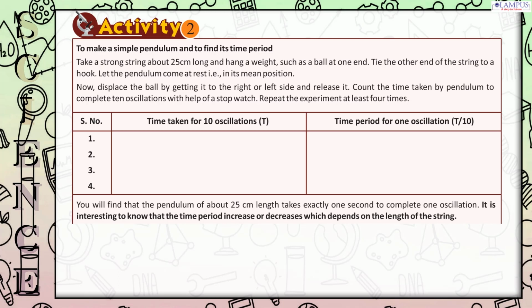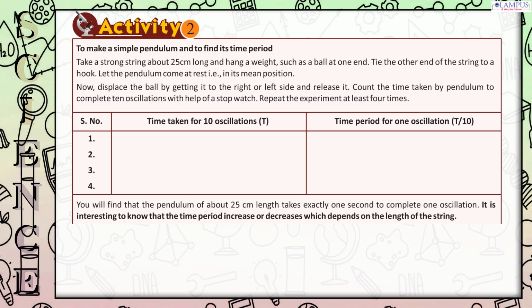Serial number. Time taken for 10 oscillations, T. Time period for one oscillation, T/10. 1, 2, 3, 4. You will find that a pendulum of about 25 centimeters length takes exactly 1 second to complete one oscillation. It is interesting to know that the time period increases or decreases depending on the length